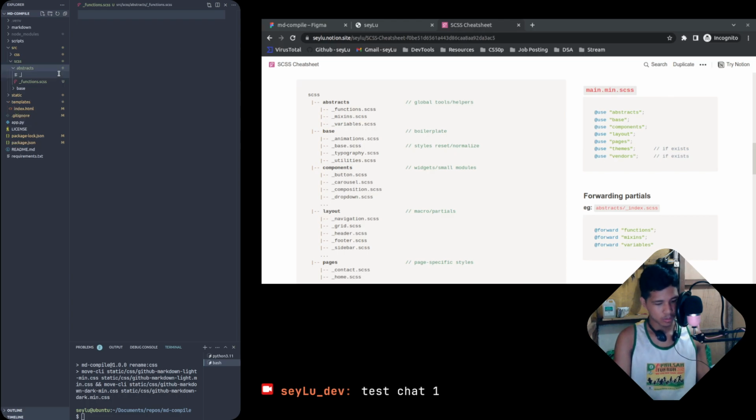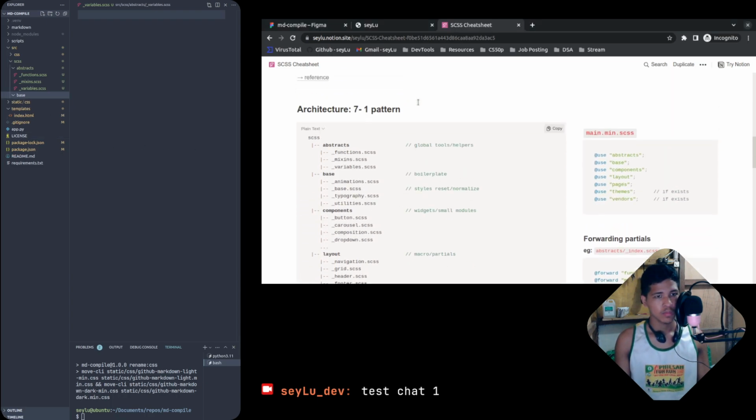I guess the important ones are mixins and variables.scss. So, the base folder. I would need